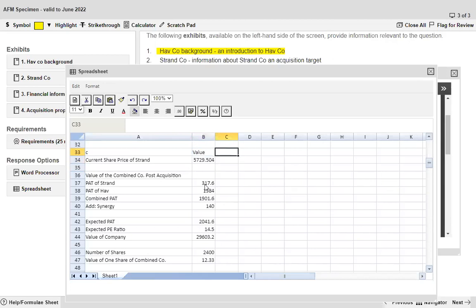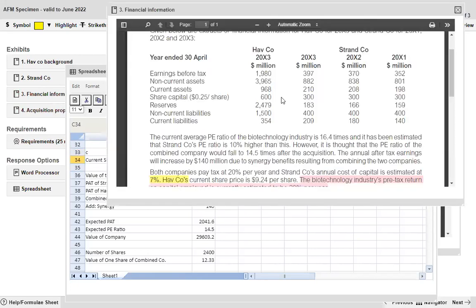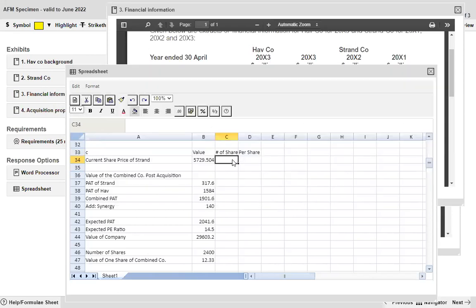The value, number of shares, per share value. The number of shares of Strand are what? Is equivalent to 300 divided by 0.25. So per share value is this,